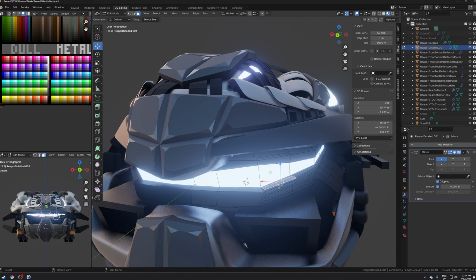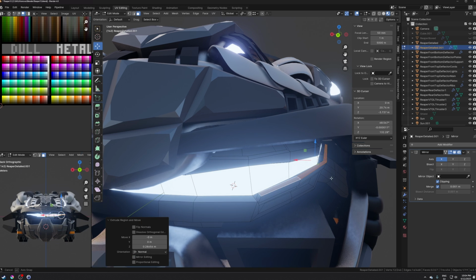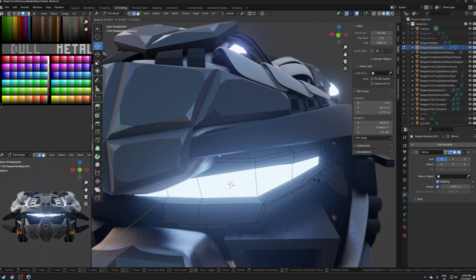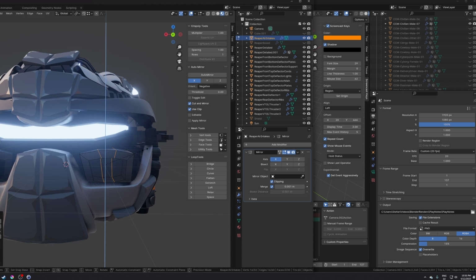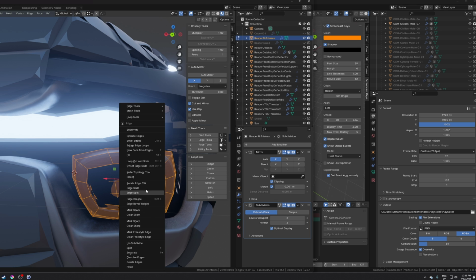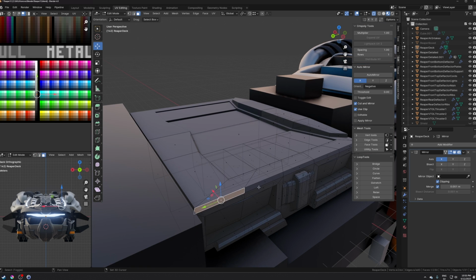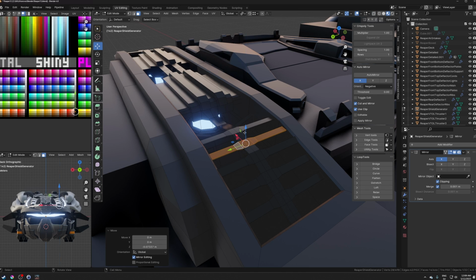Then I made the detailed version of the command deck. I had to do this one twice because Blender crashed and I had not saved since the VTOL thrusters, and you live and learn. Then I modeled the big air intakes, and I know this is a spaceship, but it uses air when it flies in the planet's atmosphere, so there. Then I made the detailed version of the retractable landing deck module, and after that I made the shield generator